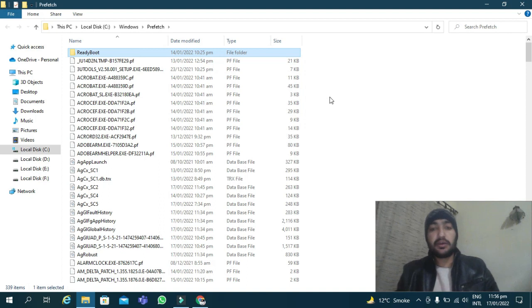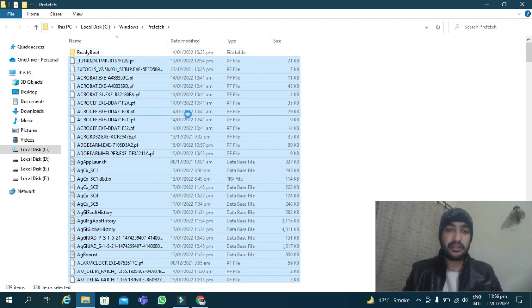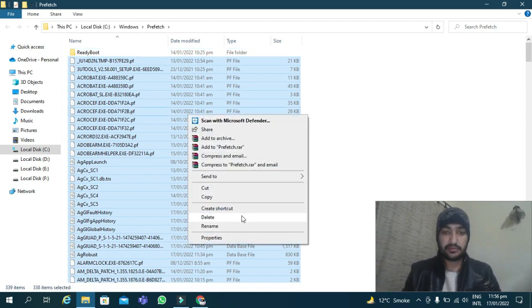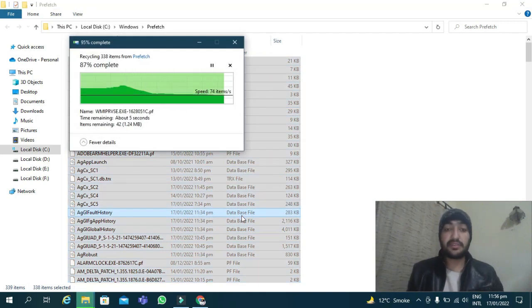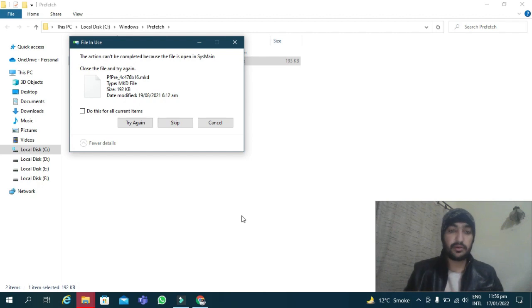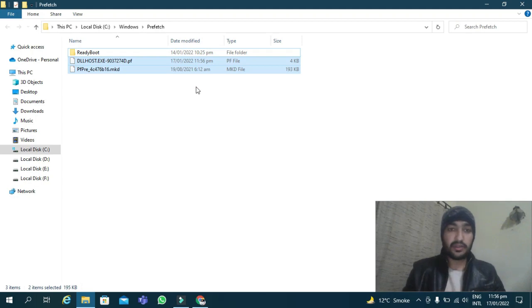Okay, select all, but we will deselect this and we will be deleting all these files. For some files it will require some permission. Look, we will not disturb these files. Okay, this might be some important file or a file that might be running currently in the background. Okay, so we will skip this. Okay, these two files are,